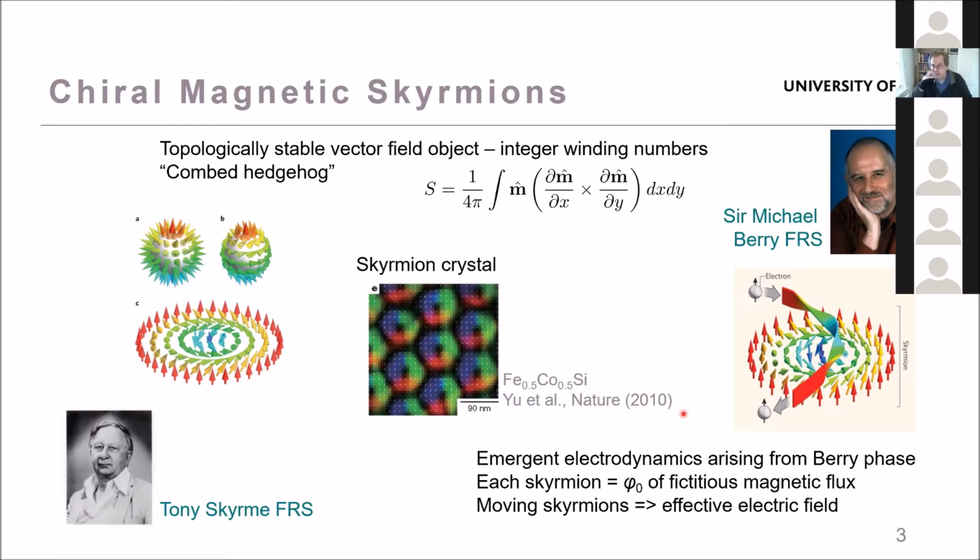Now, if you're a sort of simple person like me, you would say, well, this is all very complicated. I don't really understand these Berry phases, but I do know what the Aharonov-Bohm effect is. And so what I can do is pretend that this phase that the wave function has accumulated has come from an Aharonov-Bohm mechanism, and that means the electron must have seen some magnetic field. So we invent this fictitious magnetic flux to do the bookkeeping to account for this Berry phase, and it turns out that this is quite a useful way of thinking in